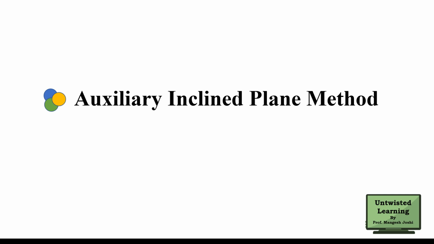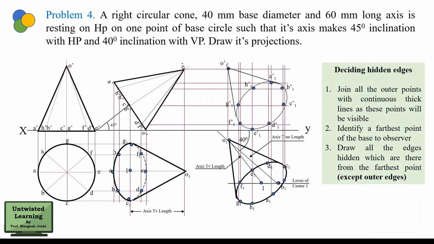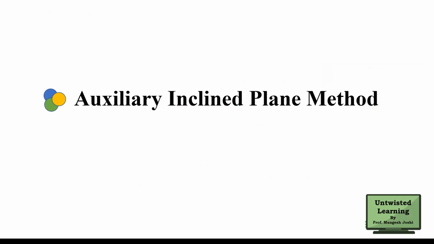Now very important. Now you can see you have to redraw here so many points. Just to redraw this diagram, you are redrawing so many points over, correct? But it is easy in the first case. When you are redrawing this over here, you will take a lot of effort. So to save this effort, one concept is there, that is the auxiliary inclined plane method or auxiliary plane method. Okay, so what is this auxiliary plane method?